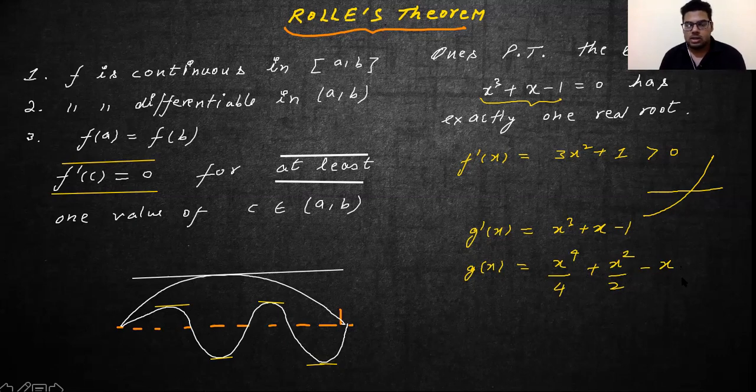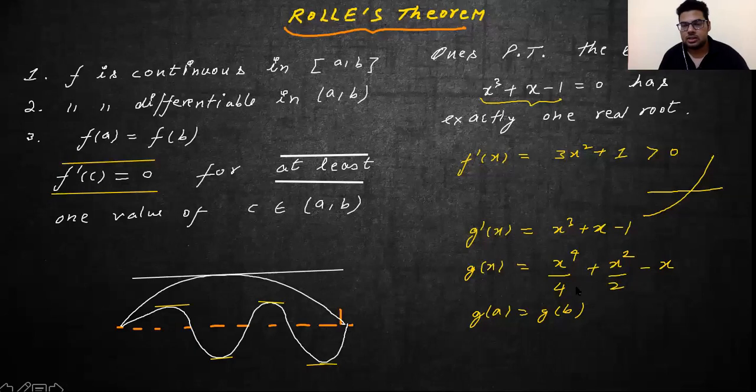Now what you will do is, with this, find some values where g of a will be equal to g of b, which you can observe. If you can observe, that is very good. And then you can apply Rolle's theorem on g of x, right? So earlier you were trying to apply Rolle's theorem on g dash x. That is the derivative you are given, because we talk about the root of the derivative itself. This is the derivative given. We have arrived at the function. Now we will look at what to do.